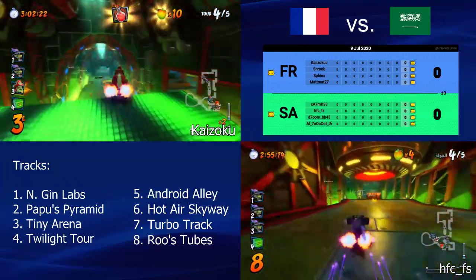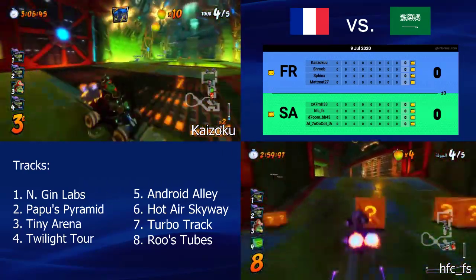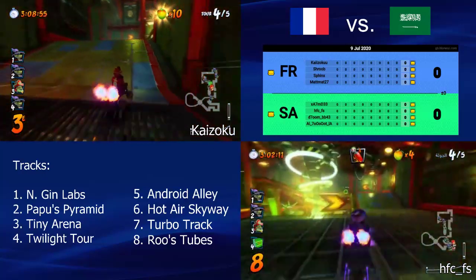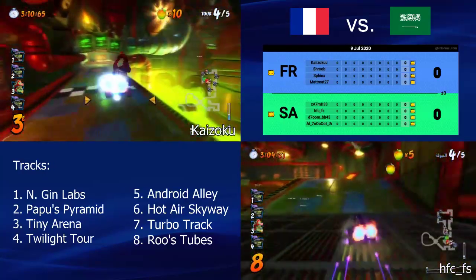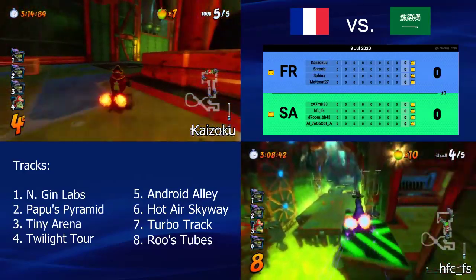I don't know if you saw that, but he used his orb just before he hit the red beaker. Oh, he did? Okay. Yes. Oh, I was looking at HFC's screen. Yeah, very, very lucky. He just used it. Okay.